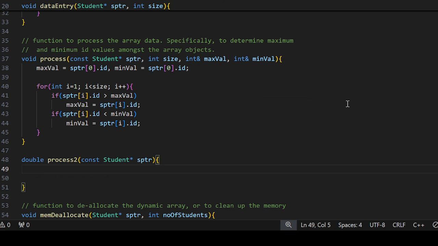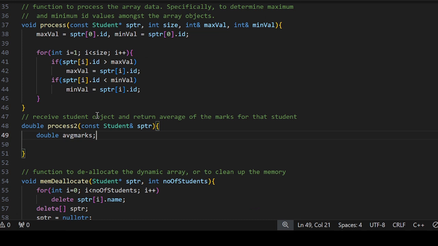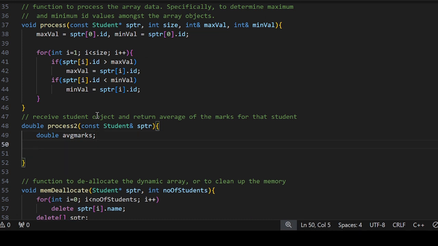So in this logic, this function will receive this as a reference, receive the student object and return the average of the marks for that student. So we need to have a variable to store the average marks. Let me call this average marks, and initialize it to 0 first, and in the loop